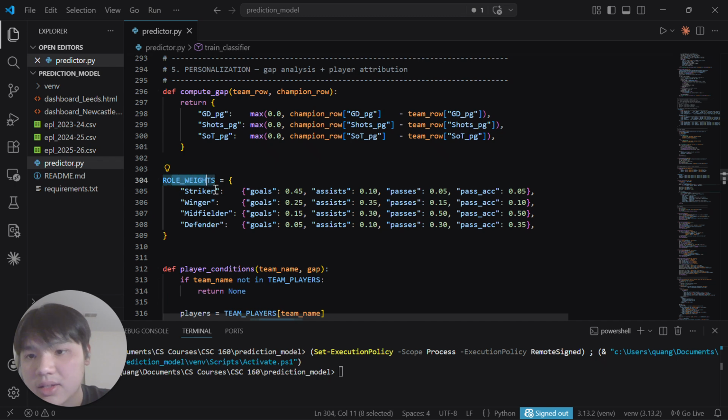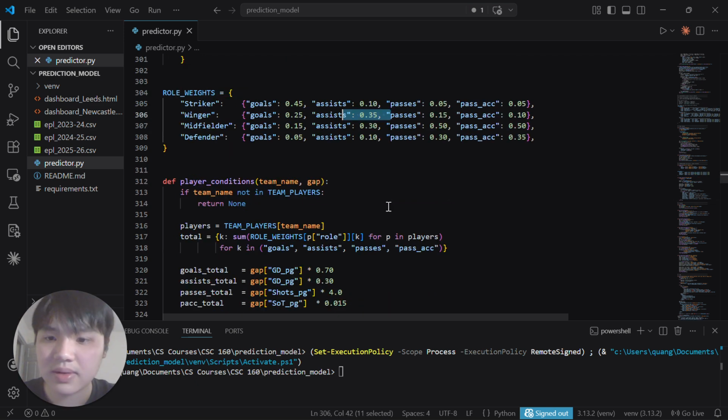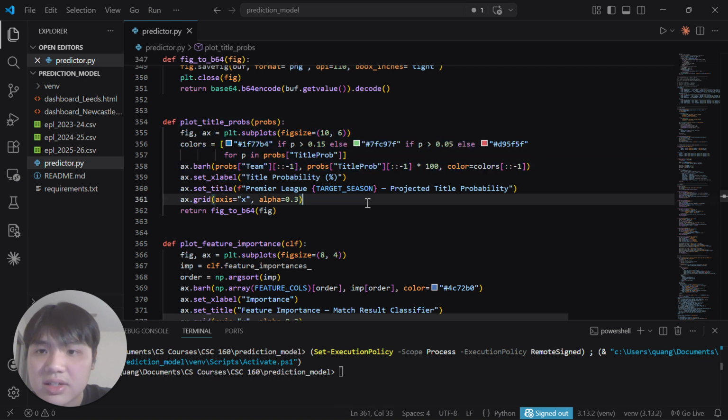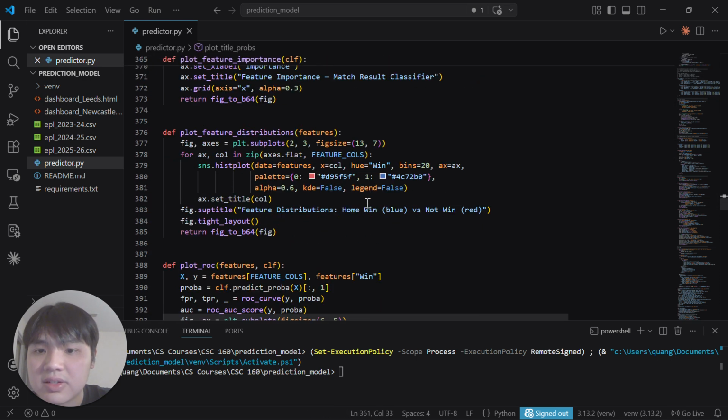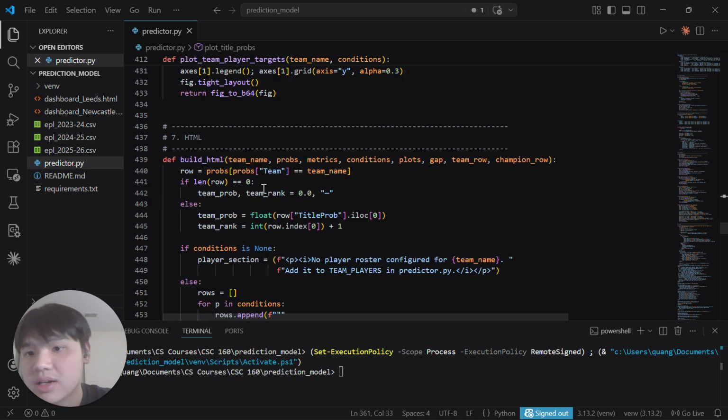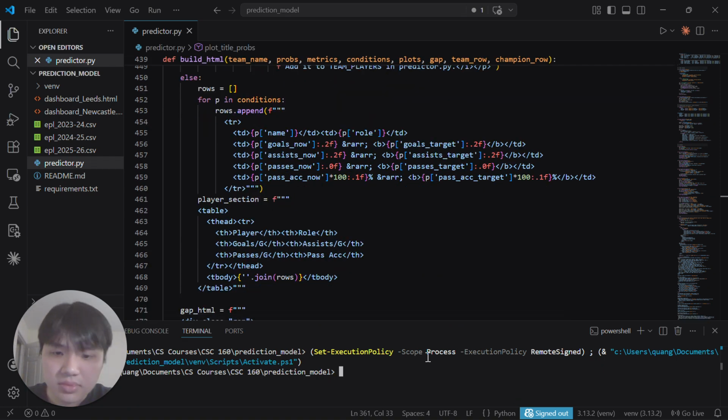And for the weights of the individual players, for strikers it would be more important to score goals. For wingers, it would be more important to assist. And these are the functions to generate the features, and they will be displayed on an HTML page. So I will run this Python script,